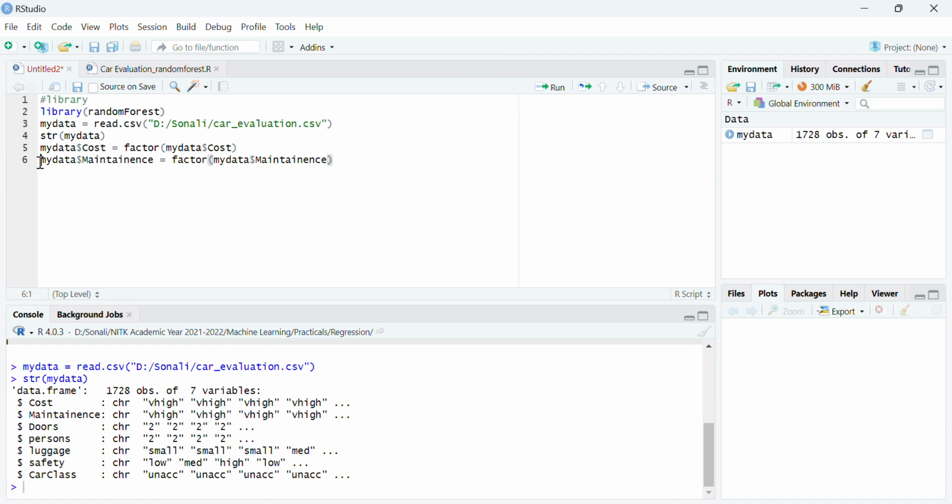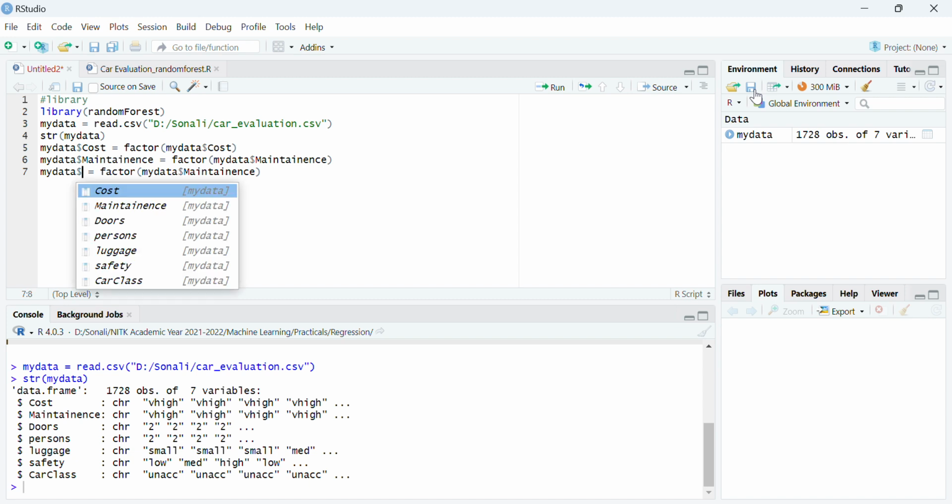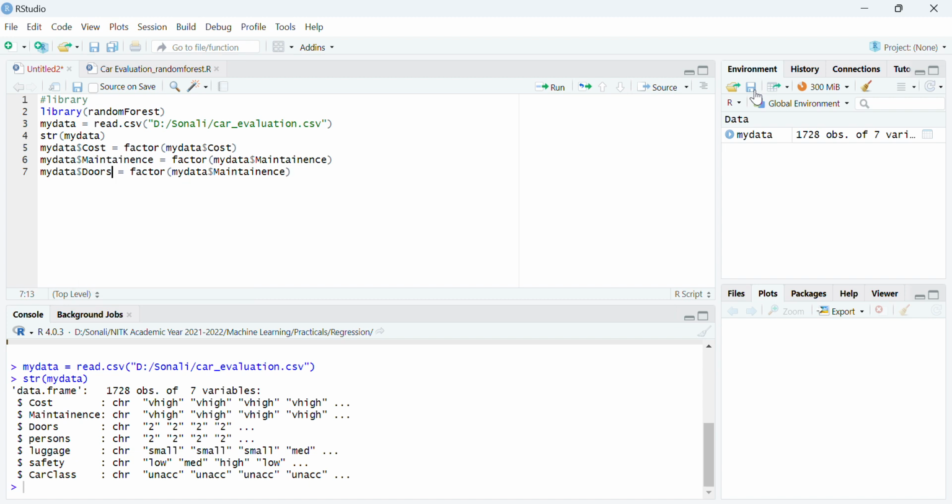So the second one is maintenance. Then the number of doors, because we have different categories of cars, having 2 doors, 4 doors, etc.